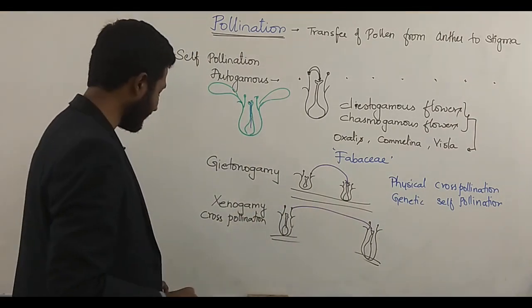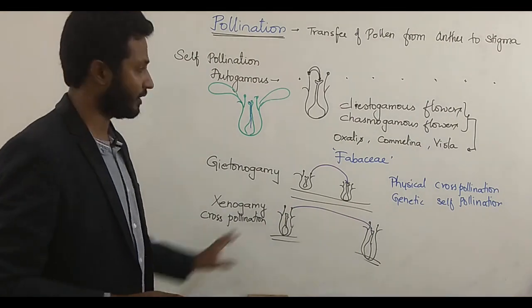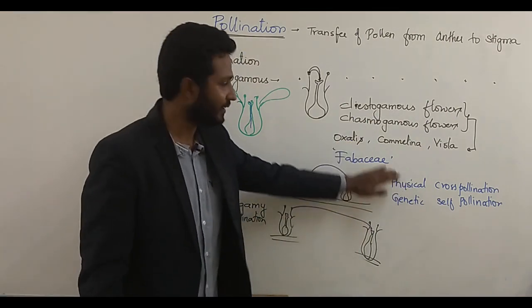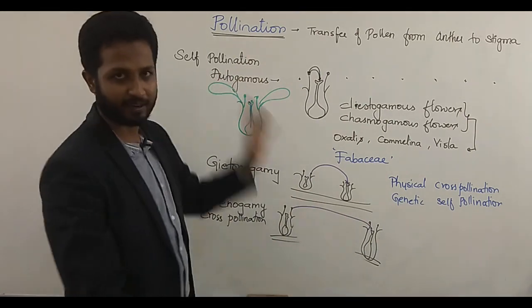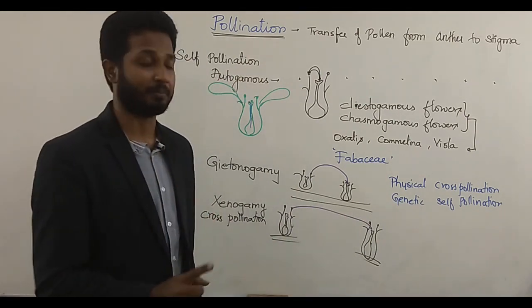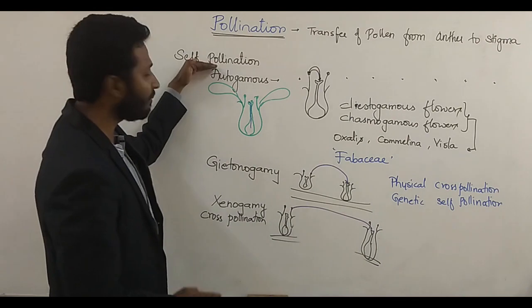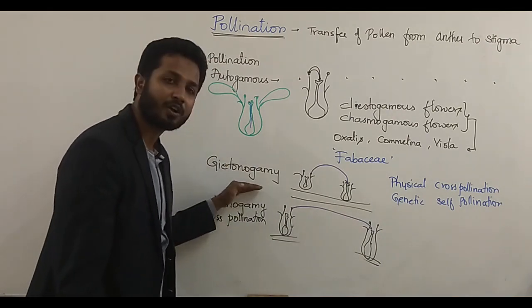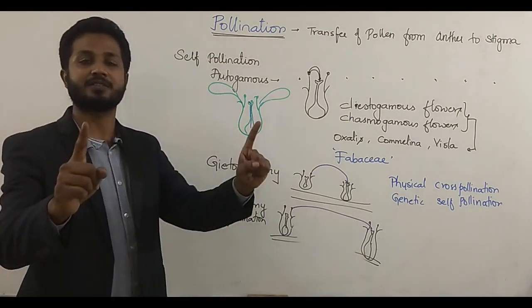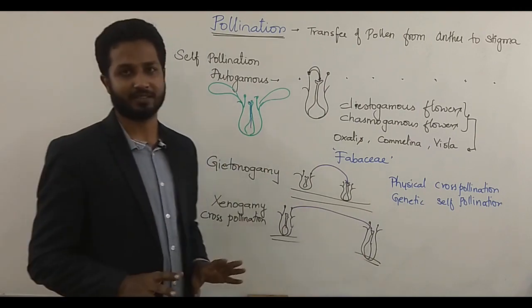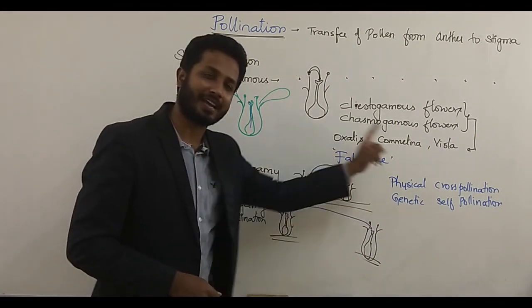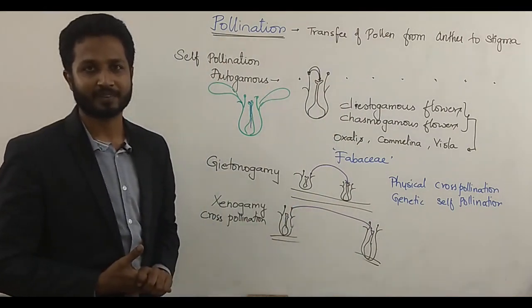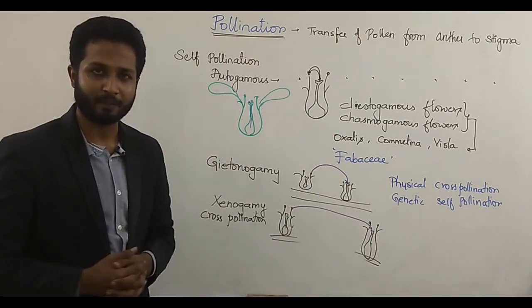That is the reason why, according to NEET, according to NCERT, chasmogamous and cleistogamous both come under autogamy, that is self-pollination. But for NEET purposes, please remember, chasmogamous is a self-pollinating flower as well as a cross-pollinating flower. Chances are there in both cases. So xenogamy as well as autogamy are both possible in a chasmogamous flower. That is about different types of pollination.